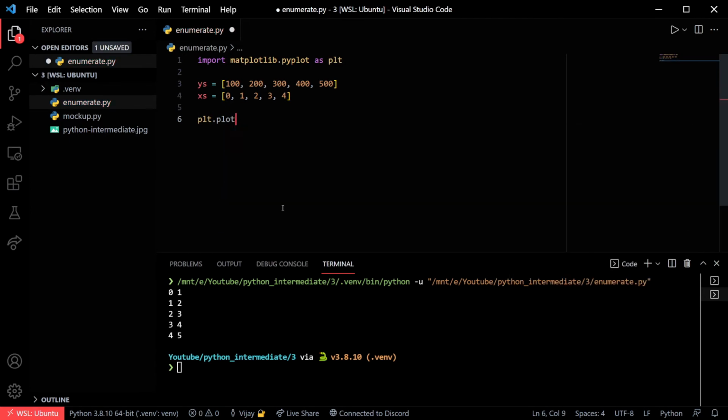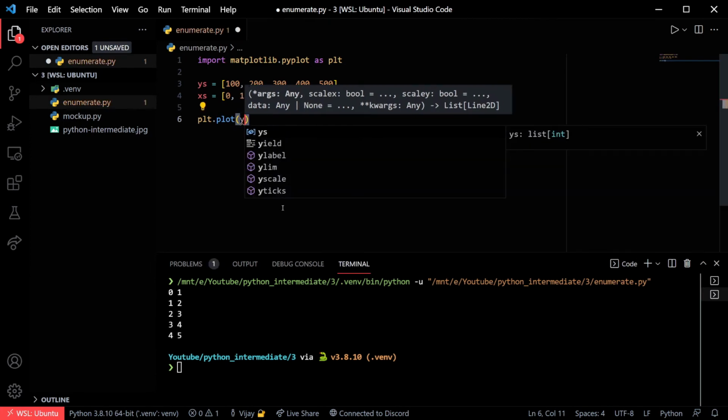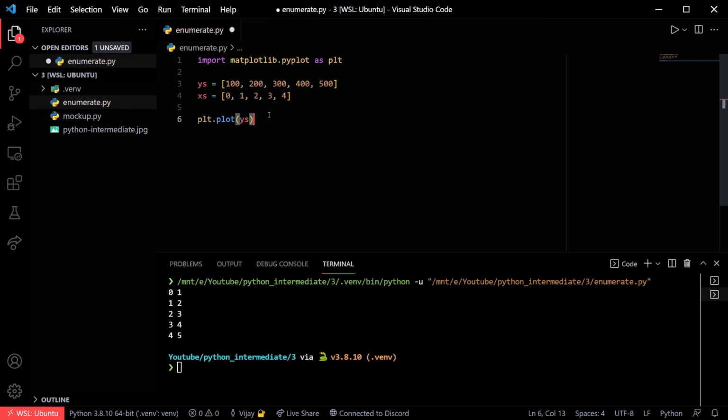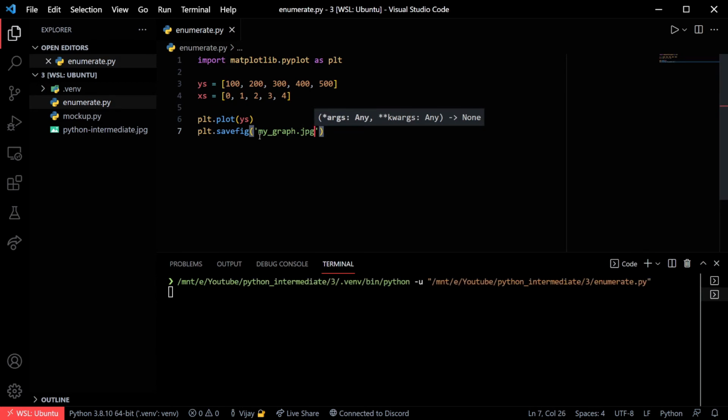And when we call plt.plot, well, in matplotlib, we can go ahead and just pass in these, and then the x's will be considered as the index of each one of these will be the same as the x's list here. And I'll go ahead and show them both ways. So let's just save the fig as my graph. And when we run this,